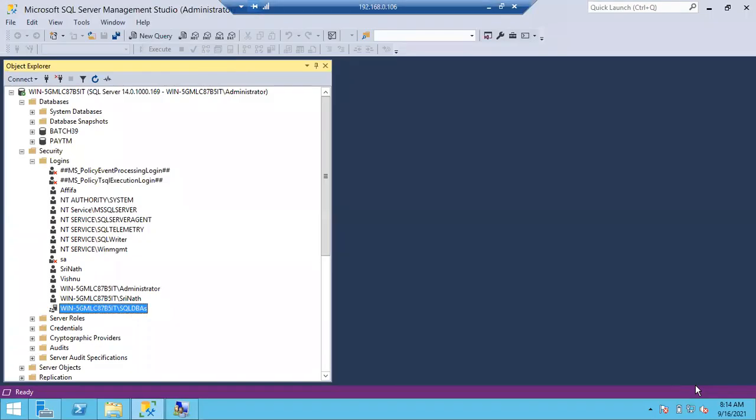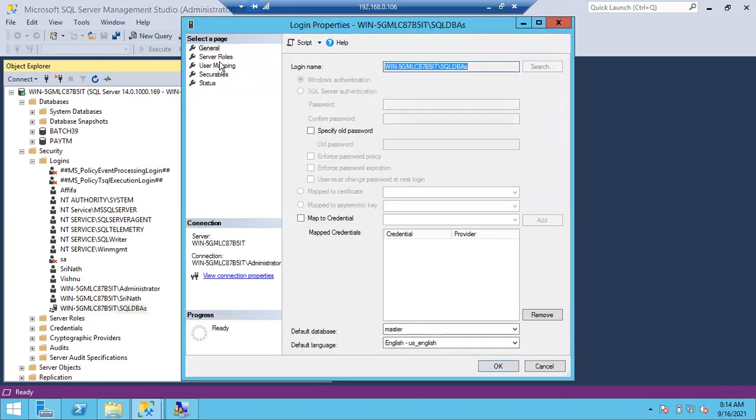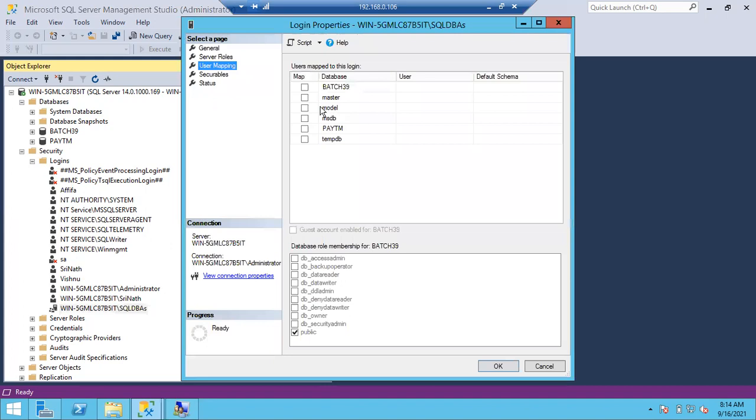That's it. This is how we'll create a group login. Okay, so now all 3 people, Farjana, Vishnu, Srinath, I want them to access the Paytm database. Instead of giving individual access to Srinath, Vishnu and Afifa, I'll give read access to this group so that the members of this group can access my Paytm database. Earlier, Afifa doesn't have access, right?